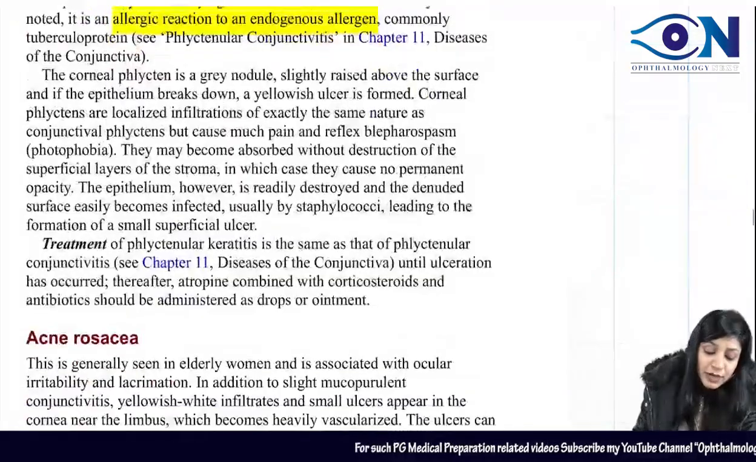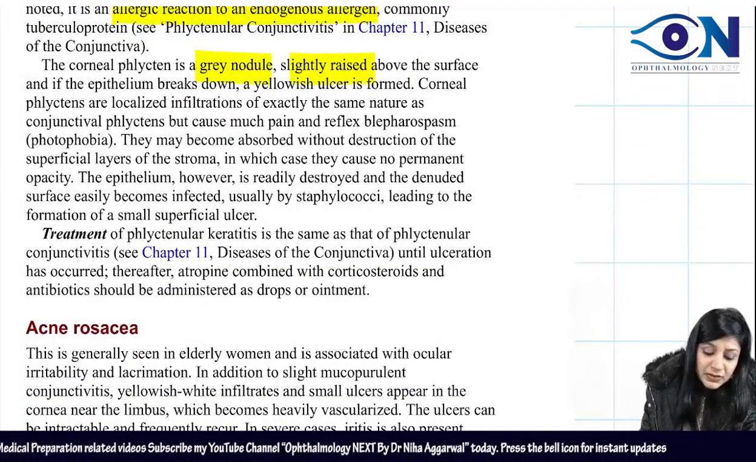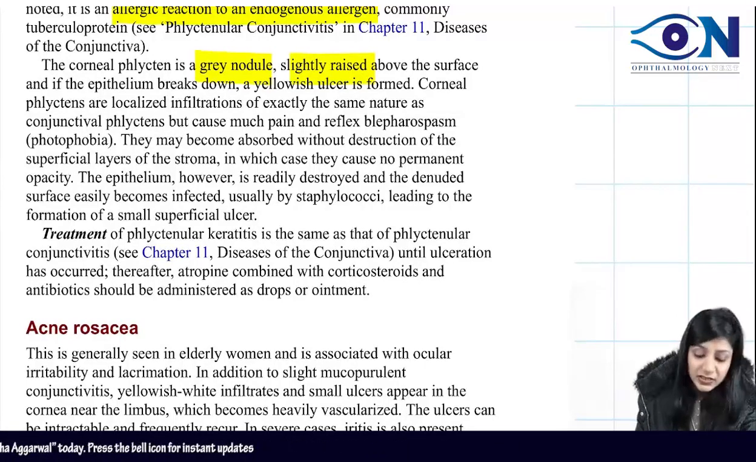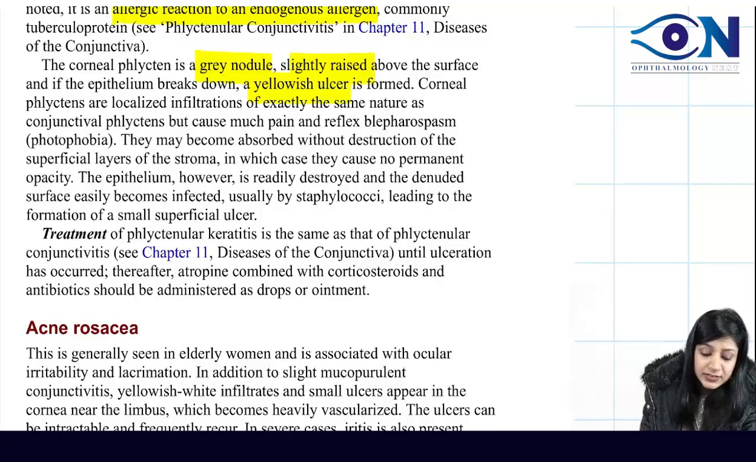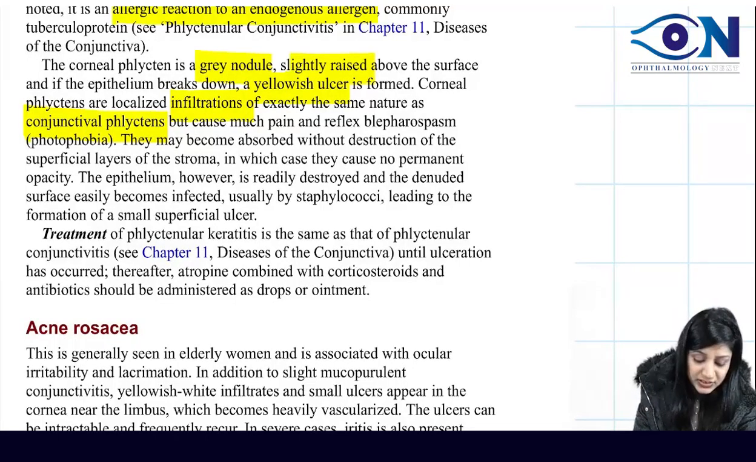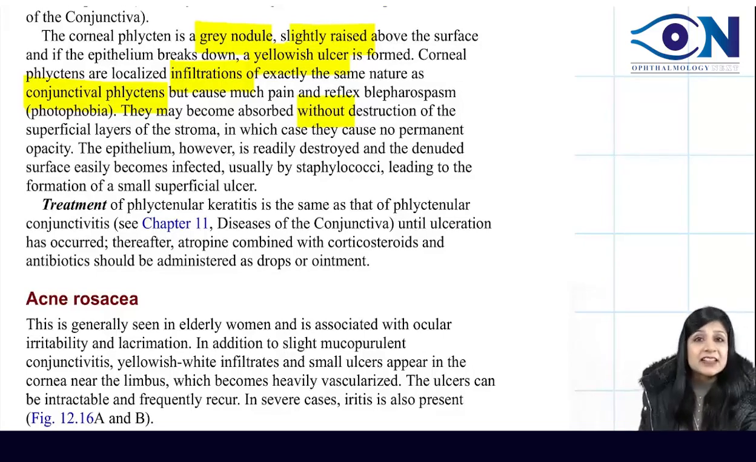If I talk about the corneal phlycten, it's a gray nodule slightly raised above the surface, and if the epithelium is breaking down and it converts into an ulcer, then you will get a yellowish ulcer. Corneal phlyctens are localized infiltrations of exactly the same nature as the conjunctival phlycten, so you can consider them the same. Most of the time it's keratoconjunctivitis. They may become absorbed without the destruction of the superficial layers, and that is the reason why they are not